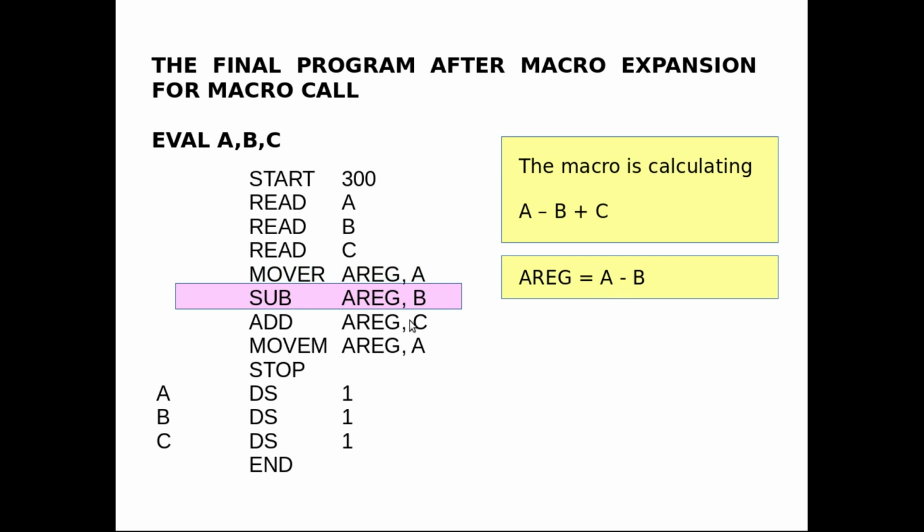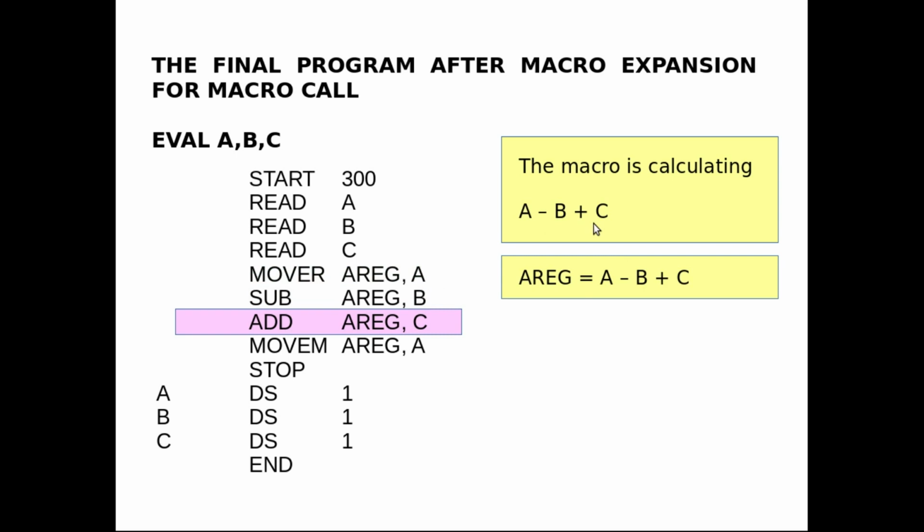And now when I go to the next line, add, we are adding c to a register. The current value of a register is a minus b, so if I add c to it, the new value of a register will be a minus b plus c. So as you can see, the macro is evaluating the expression a minus b plus c.